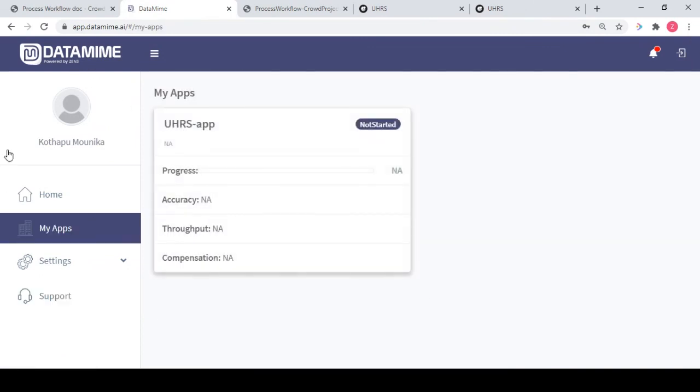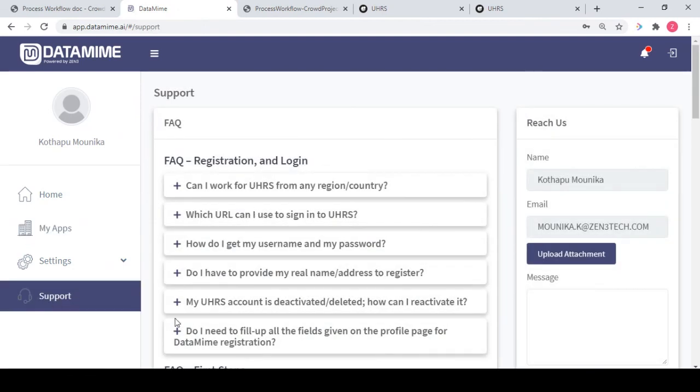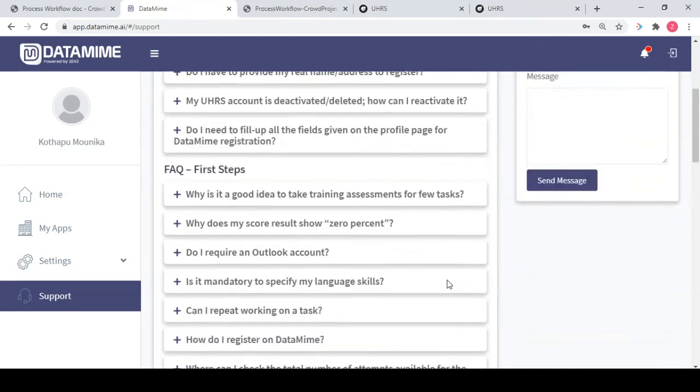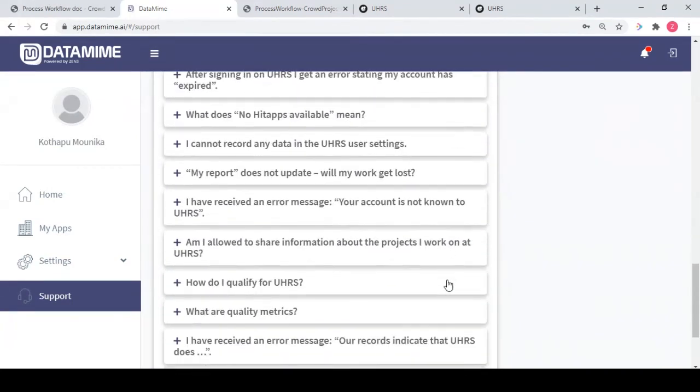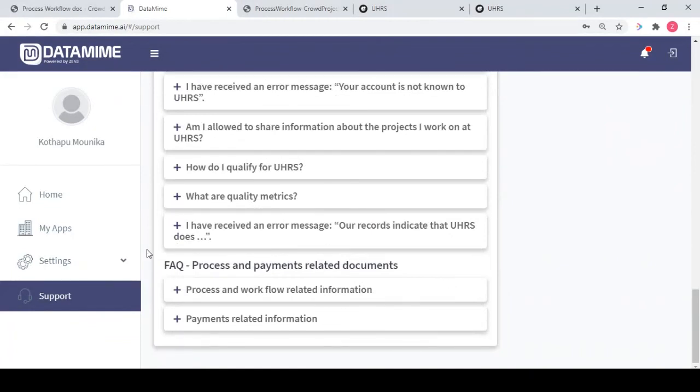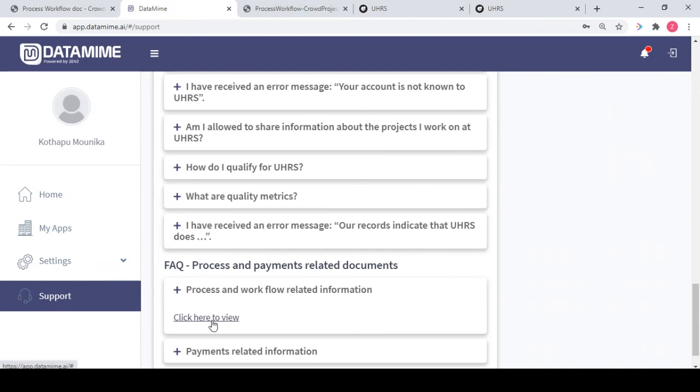I'll quickly show the steps again. On the Datamine tool, on your left side, on this tab, we have a support section. Just click on the support section. In the support section, we have FAQs. In the FAQs, you have at the bottom FAQs which are related to process and payment. Here you have click here to preview.